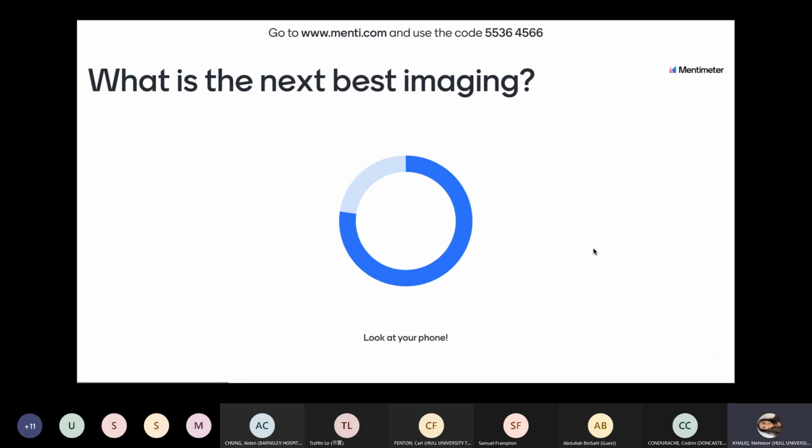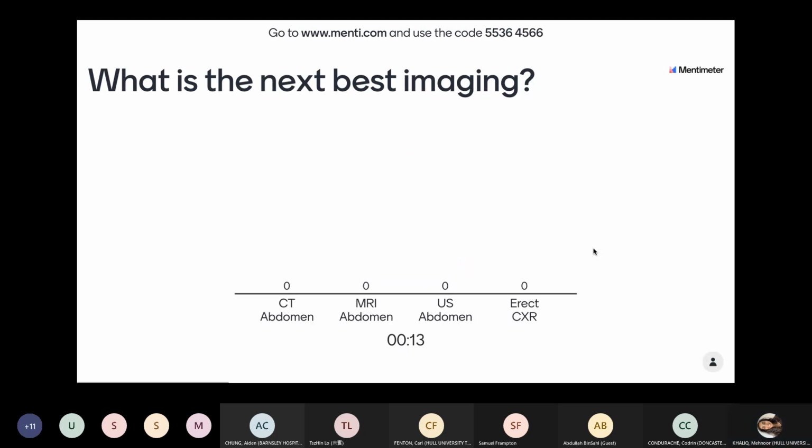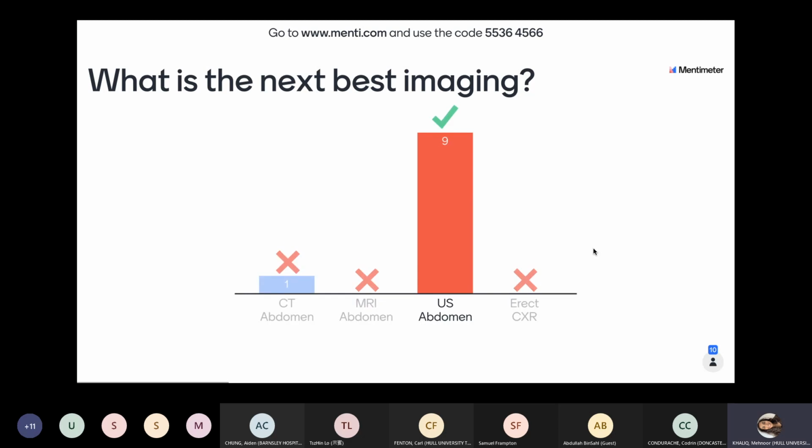So the next question is, what is the next best imaging? I know some of you have already mentioned it. Great. Okay, so most of you said ultrasound, and some of you mentioned it earlier on as well. So in this patient who likely has some sort of biliary pathology, and we don't really know what's going on yet, ultrasound is a lot better than CT for examining